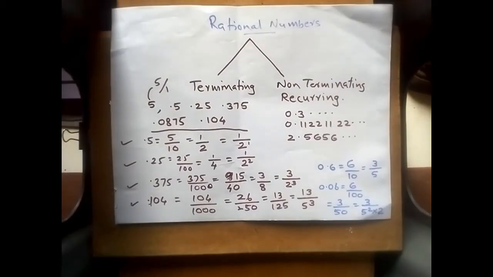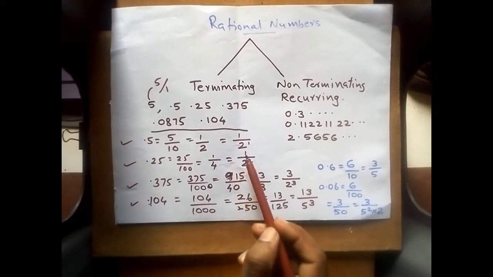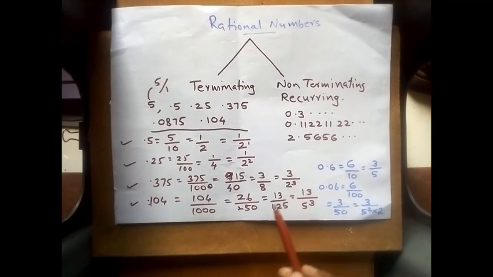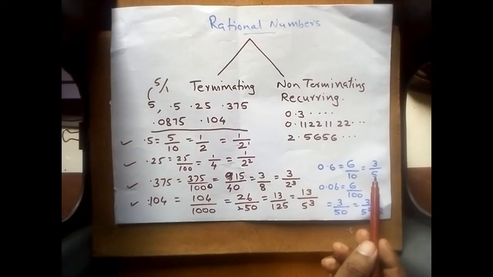Do you find anything interesting in this? Yes, the denominators are either a power of 2 or a power of 5 or both. So here in this case it is a power of 2, second case it is 2 square, third 2 cube, fourth one 5 raised to 3, again here 5 to the power of 1, and in this case it is a combination of 5 square and 2. There is no factor other than 5 or 2 in this. That is the interesting thing.